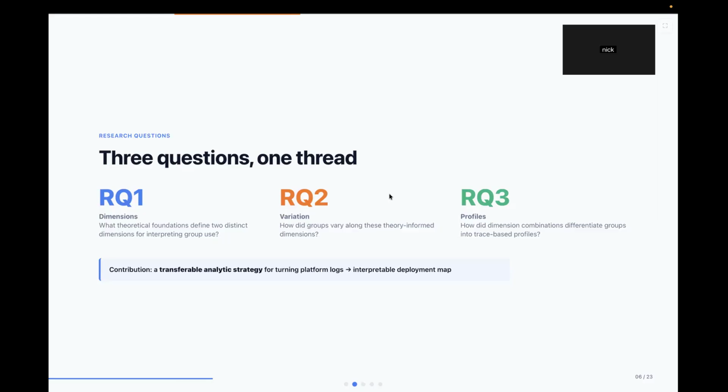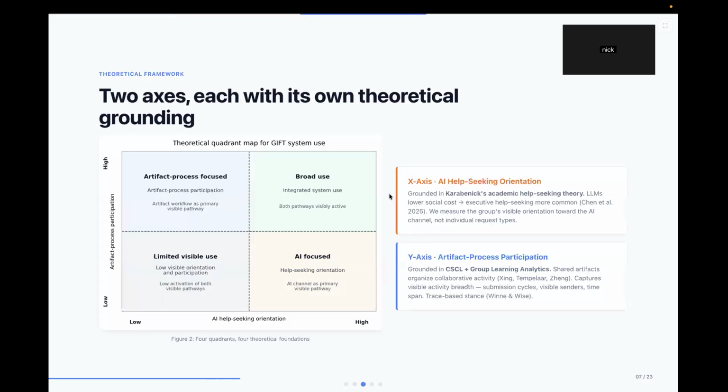The third research question is: how did dimension combinations differentiate groups into trace-based profiles? We have already answered the first research question, and we will discuss it more. Here we have found a 2-dimensional